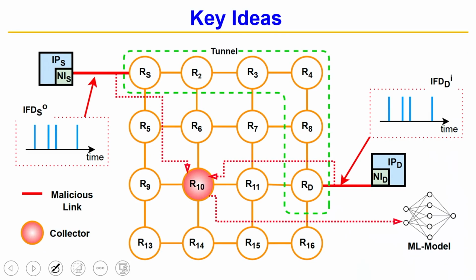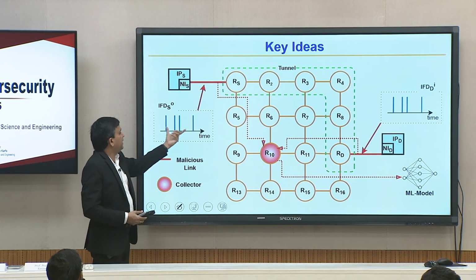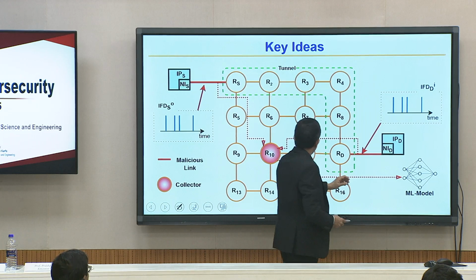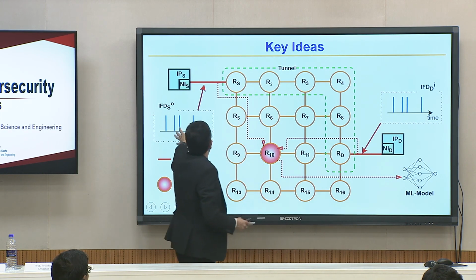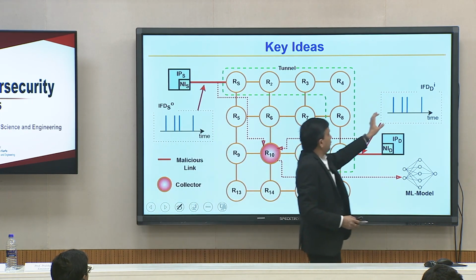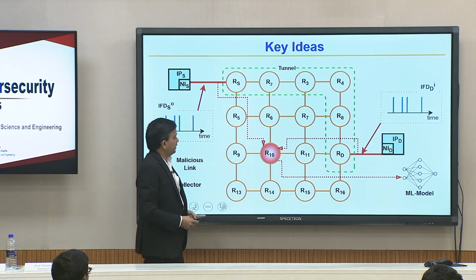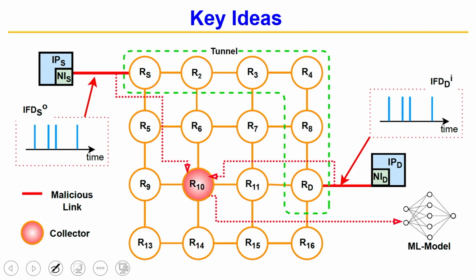The key idea is what I am trying to illustrate pictorially. Interflit delay: what are these flits? Think of packets or smaller fragments of a packet, and what kind of delay they demonstrate. Once you have that information, you just match whether the information here is the same as here. In this picture I intentionally made the interflit delay at the source, and this I just photocopied. If the interflit delay at the destination is the same, then you know that is what it is, and effectively the attacker is trying to do the same thing wherever it is sitting.